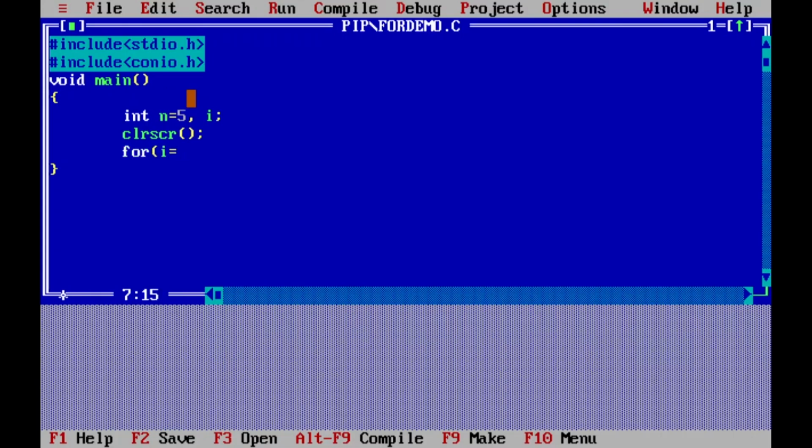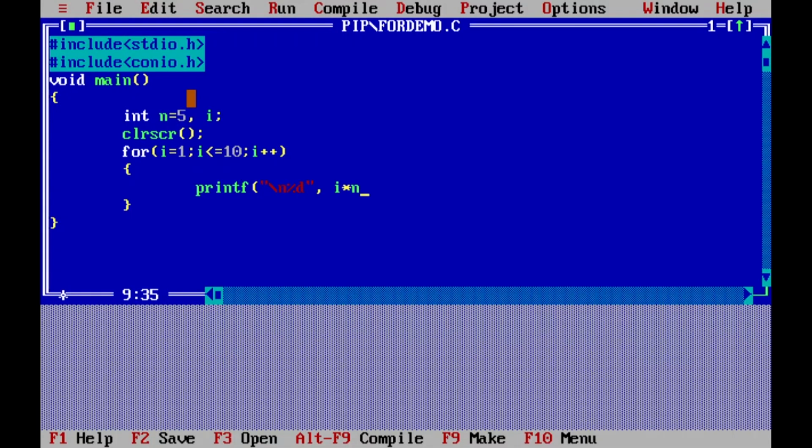Now I'm going for the loop. For I is equal to 1, I initialize I with 1, then I is less than or equal to 10 and I plus plus, and then I'm putting one statement inside the block of the for loop, that is printf. What I want to print is the table of number 5. So I'm writing here backslash n, then let me put here %d as a format specifier for integer, and comma, the value is coming from what? I